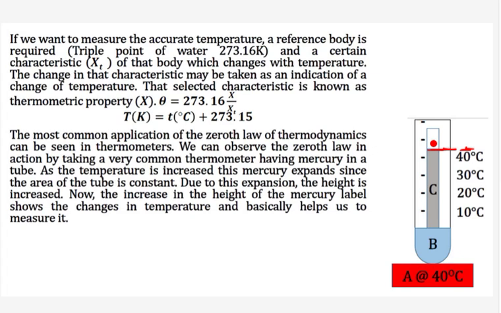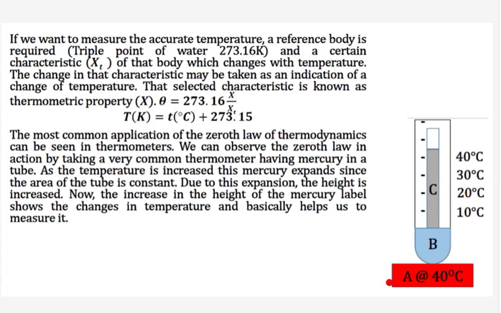After that, it will not travel in this length direction. Why is it not traveling? Because the equilibrium has come. First, the equilibrium between A and C will come, and the heat transfer from B to C will stop also. So we know with the help of zeroth law of thermodynamics, if A and B are in thermal equilibrium and B and C are in thermal equilibrium, then C and A also will be in thermal equilibrium. We have not brought A and C in contact. Mercury and our body are not in contact, but still that mercury is telling us the temperature.